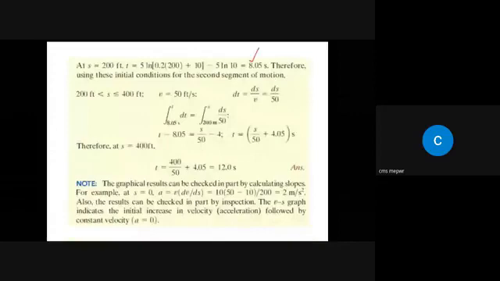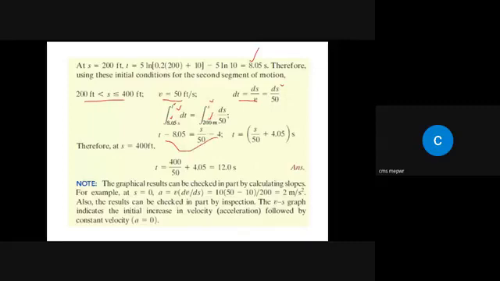Now in the second case we have v is equal to 50 feet per second. You put values in this equation, dt is equal to ds by v, and it will become ds by 50. The limits will be from 8.05 up to t, and the distance will be from 200 up to s. Now due to this range, when you solve it, you will get this answer, and the t that you will get will be this one, s by 50